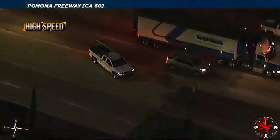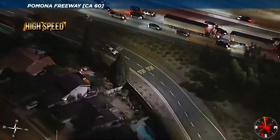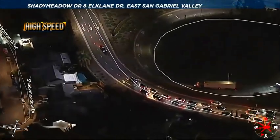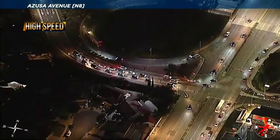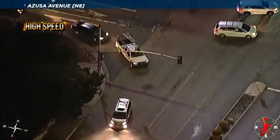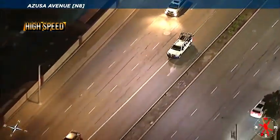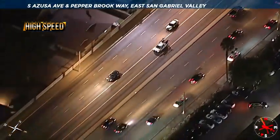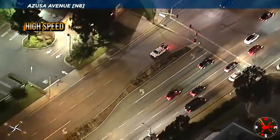Well, he certainly sees it. I don't think, oh, there it is. There it is. He's off. It's going to be Azusa Avenue, and he can make a left or a right. Oh, he's cutting that guy off, making a wild right turn there, and now southbound Azusa Avenue. Southbound Azusa Avenue. Too much traffic for him on the 60 freeway, and now the pursuit continues off the freeway